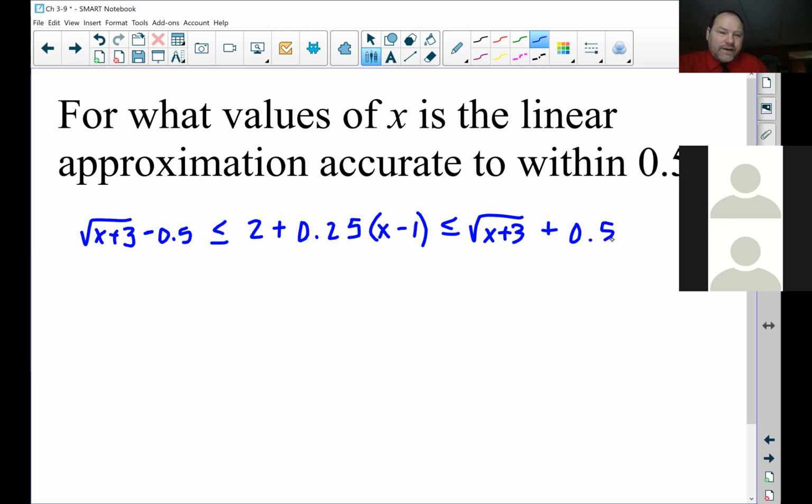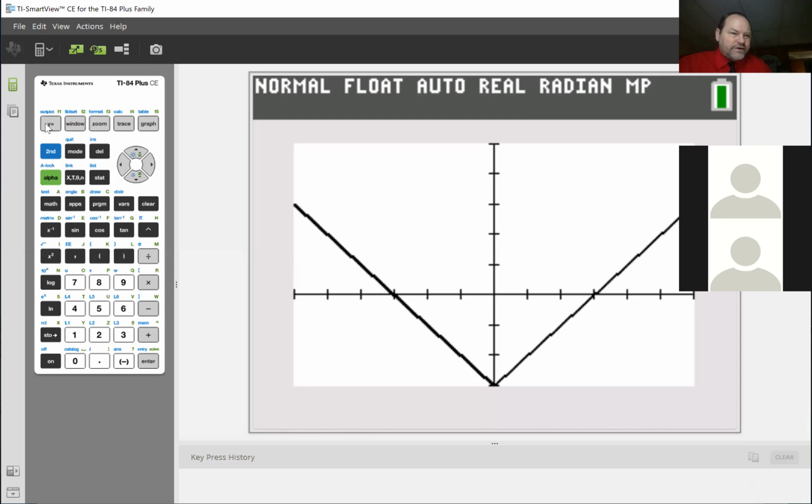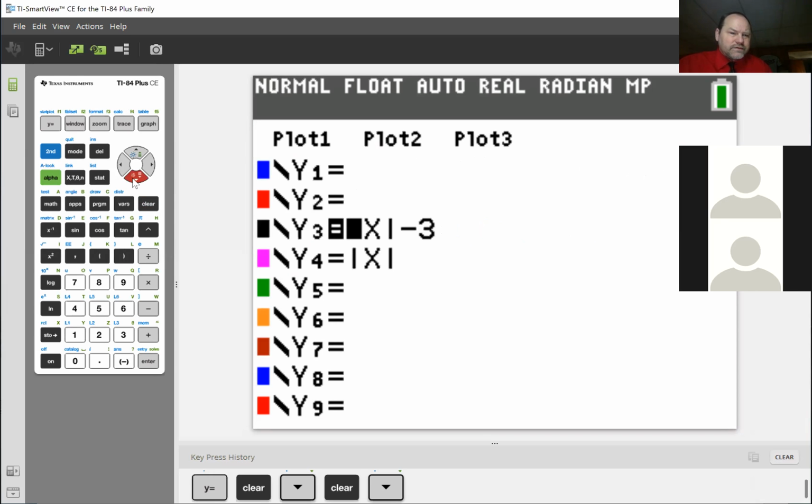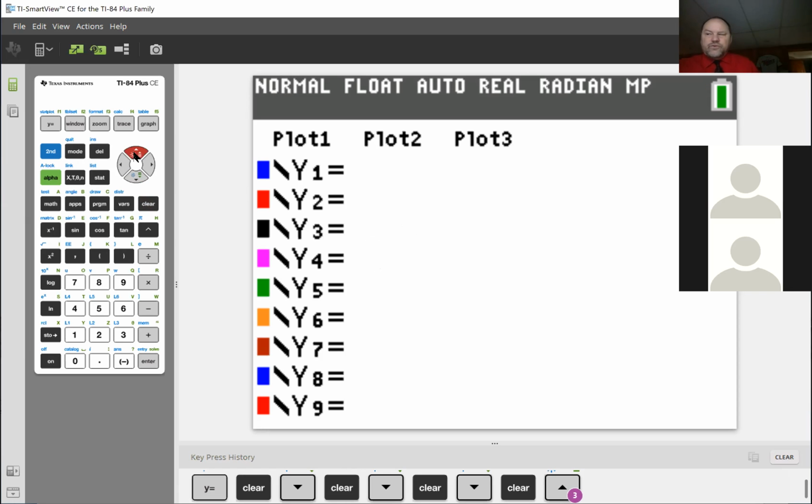We could solve that algebraically, but we're not going to, or I wouldn't advise doing it that way. It can get quite messy quite quickly. Instead, what I would do is use my calculator and I would graph the three different equations. So I would graph the square root